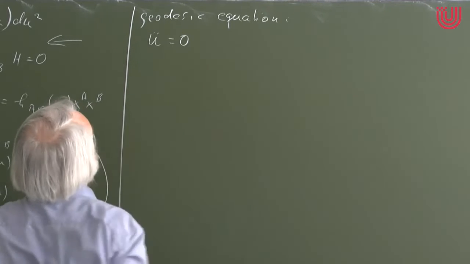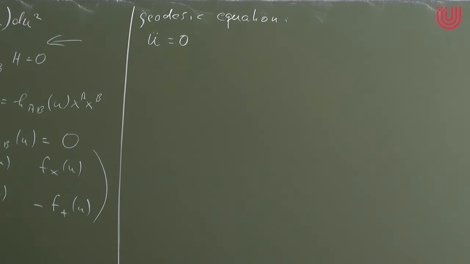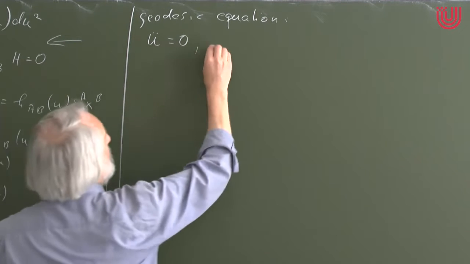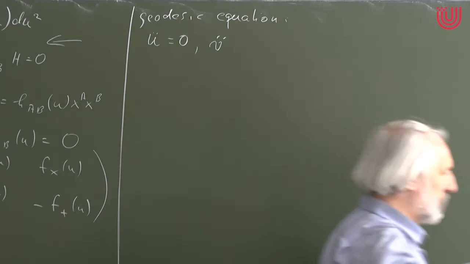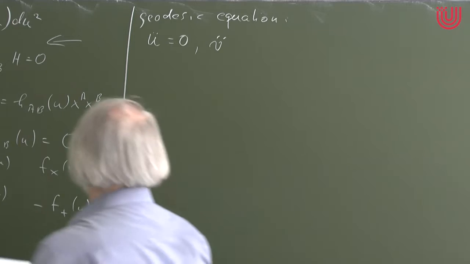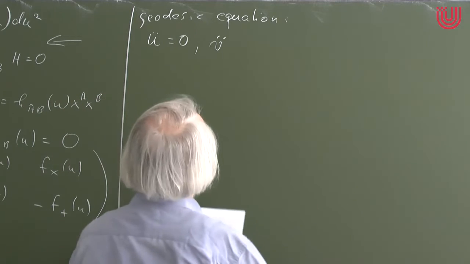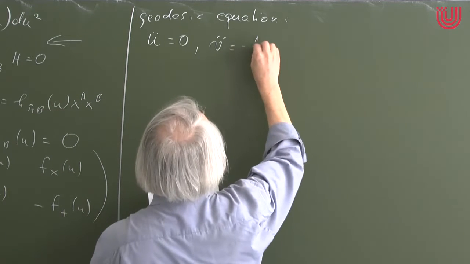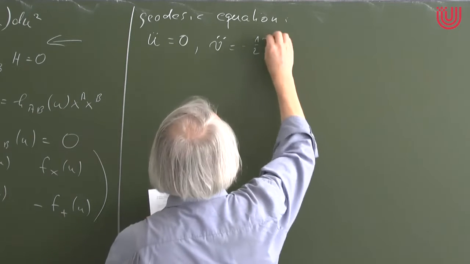So this was the first equation I know by heart: u double dot equals 0. That's simple enough. Dot means derivative with respect to a curve parameter, an affine parameterization of the geodesic. The geodesic may be time-like, space-like, or light-like. No difference. Here we are. So the second equation was v double dot is minus 1/2